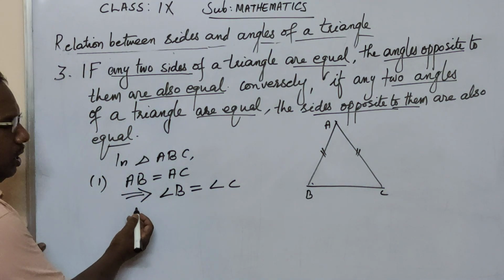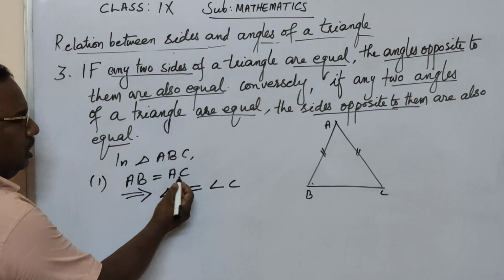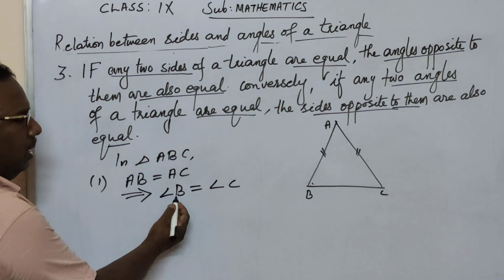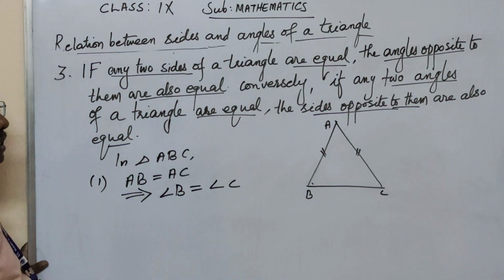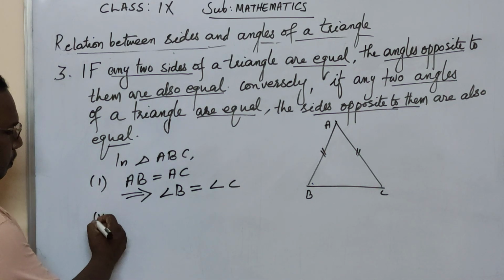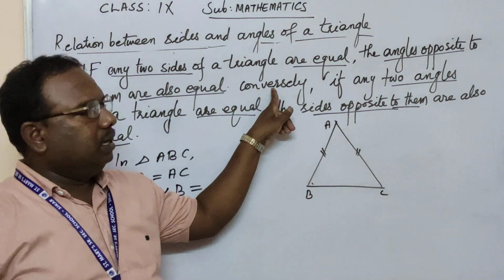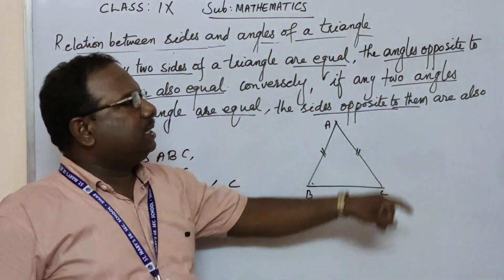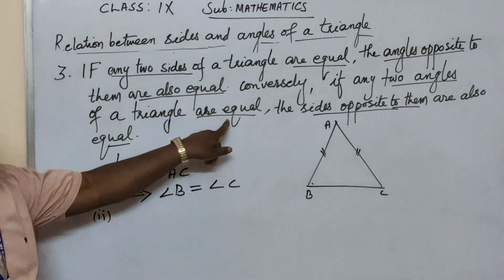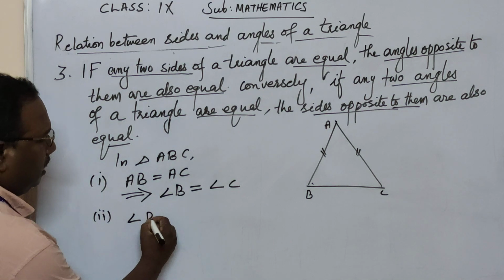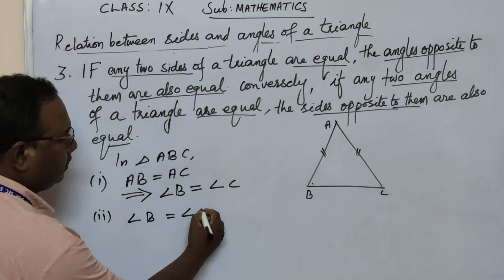That's why we wrote here: if AB is equal to AC, then angle B is equal to angle C. Now, point number 2. Conversely, if any two angles are equal, angle B is equal to angle C,